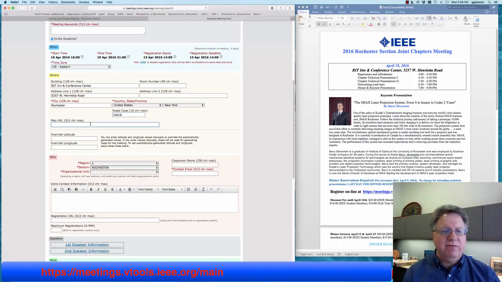Now if you happen to have a map URL, you could do that as an alternative. Or, if you were going to have this meeting at the top of a mountain and it didn't have a building, but you had the latitude and longitude, you can actually override that by entering in the coordinates. But for now, we're going to leave it at the RIT Inn and Conference Center. Okay, so the next